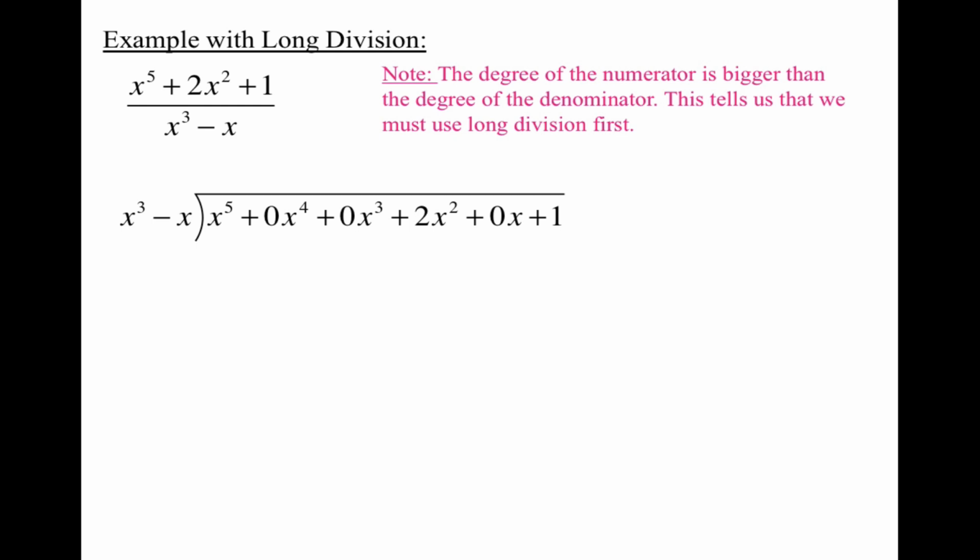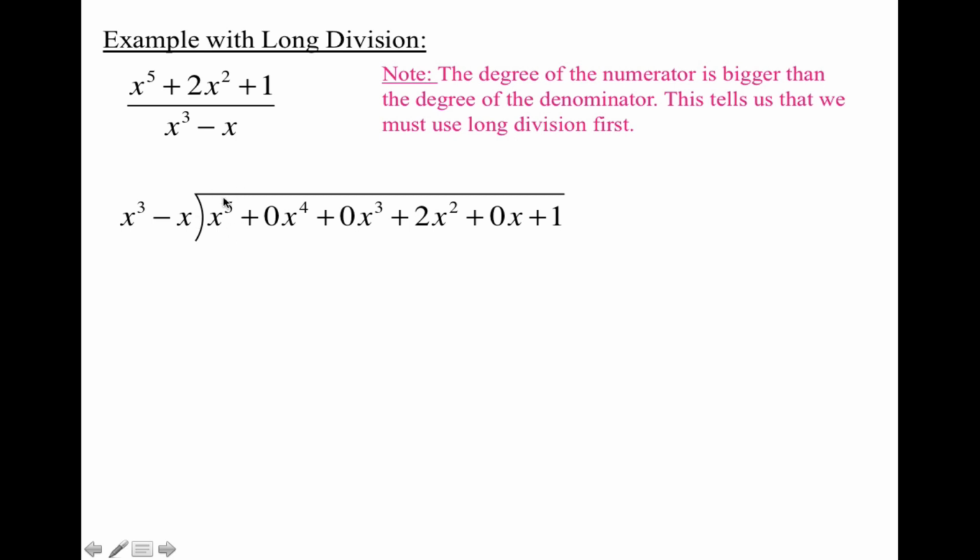You want to put the numerator underneath the long division sign. And of course, don't forget the terms that you don't have up here, so you have to put the 0 in front. Then your denominator is what you're dividing by. All right, so the first thing you do, if we can remember, is that you are going to divide the